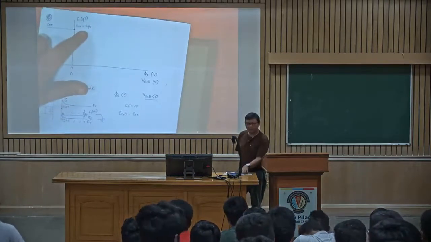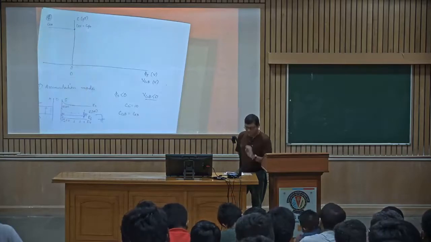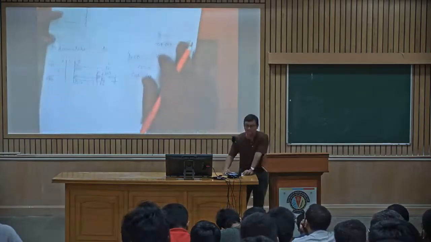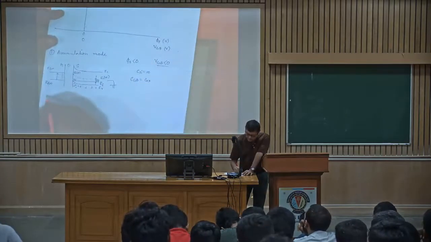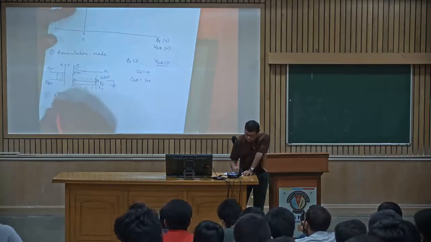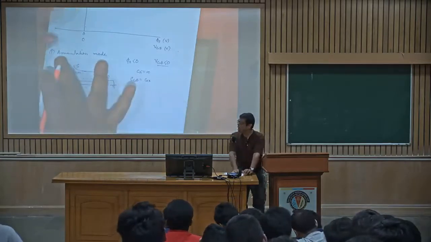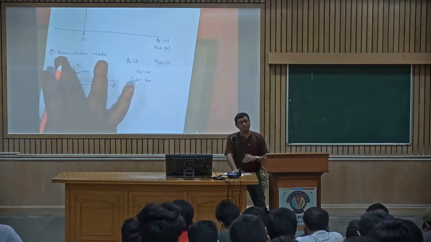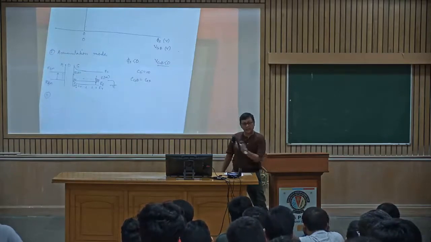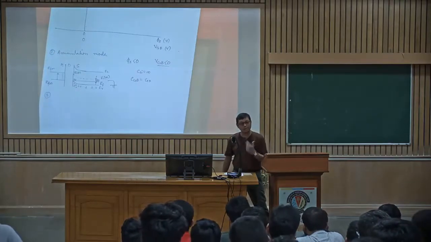There is one more important reason for CV as well. We will do that later. Now comes the next part, number 3. I will not write the accumulation mode or depletion mode. We will figure out which. For example, in this case, we are accumulating the majority carrier, so accumulation mode.